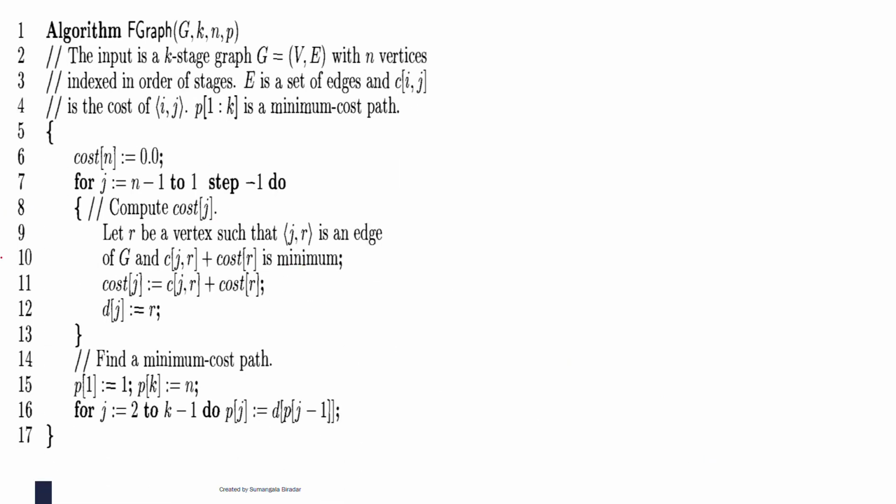Same thing, it is represented in the form of an algorithm. So now which approach are you using? Forward approach. That's why you have taken the algorithm name as F graph. G is the graph, a directed graph, V is the set of vertices, E is the set of edges, K is the number of stages, and N is the number of nodes, how many vertices you are having, that total number. V contains all the vertices, vertex 1, 2, 3, 4, 5, 6 are the names of the vertices. Those are stored in a set V here, N is the total count here, and E is the same thing here.